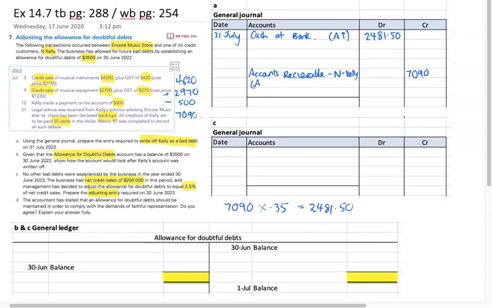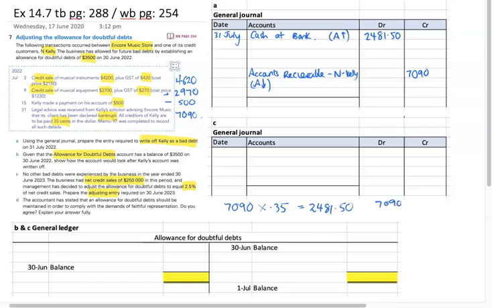Remembering an asset, which accounts receivable is, going down is a credit. We now need to work out how much is left and then ultimately work out how much of that is going to reduce our allowance for doubtful debts and how much is going to reduce GST. Because ultimately the money that we will no longer receive from this, we shouldn't be paying that GST back to the government. So if we use our calculators, and you absolutely would have to use your calculators for this, you would find that